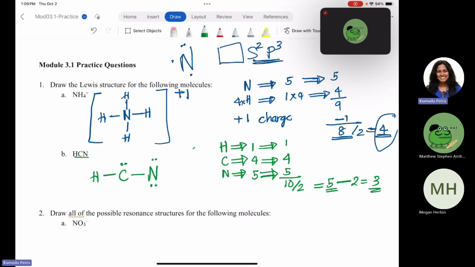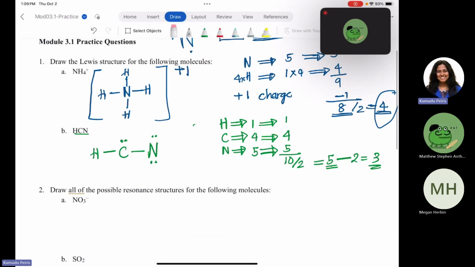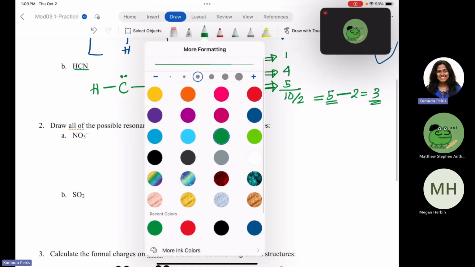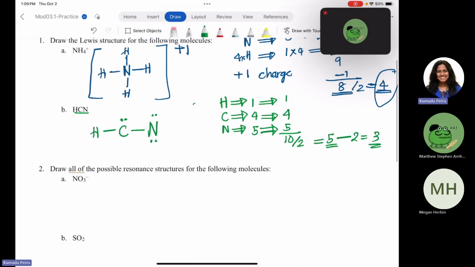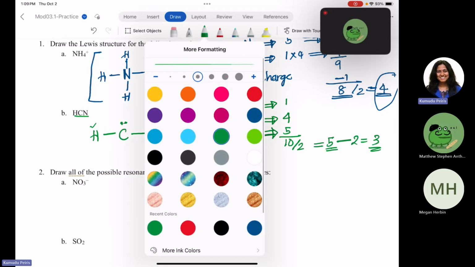And look at the octet now. It seems like carbon and nitrogen don't have an octet, so we should make an octet on carbon and nitrogen. Hydrogen is okay. Hydrogen can have only 2 electrons in its shell, so it is okay for hydrogen. But carbon needs 8 electrons. It has only 1, 2, 3, 4, 5, 6. So I would make a double bond between